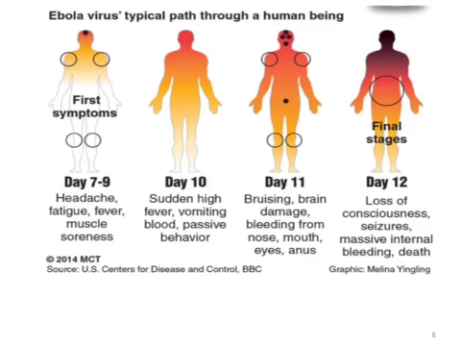lethargy. Very soon after that, you start getting bruising, brain damage, and this is when a lot of the bleeding starts. That is characteristic and what scares people so much about Ebola. So you have bleeding from the mouth, the nose, the eyes, and the anus. And then finally, before the victim dies, they lose consciousness, they have seizures, there's massive internal bleeding, and then finally death. So it's an extremely gruesome disease and an extremely terrible way to die.